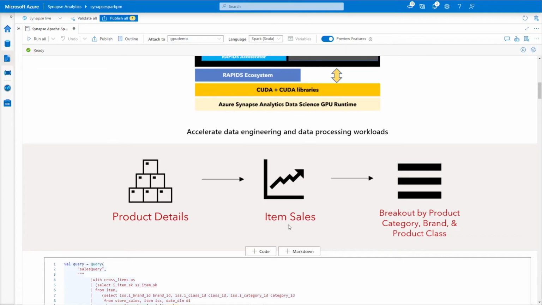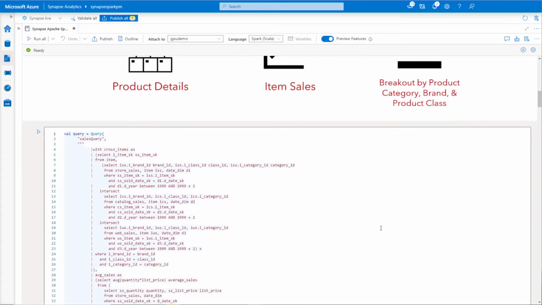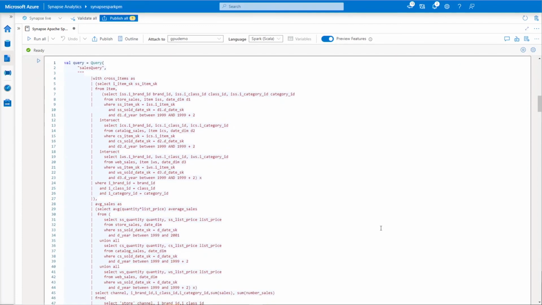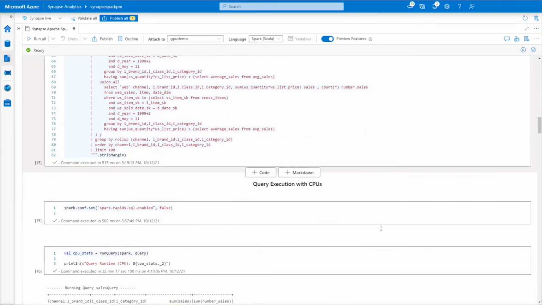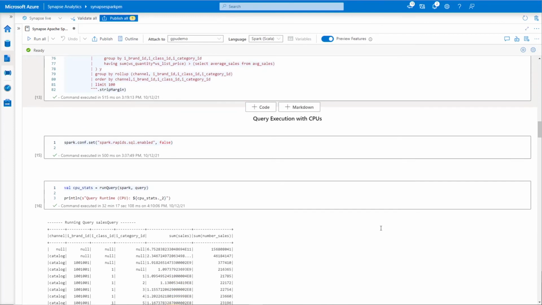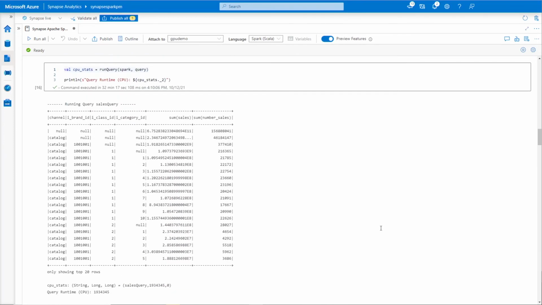Now, the goal of this query is to ultimately be used to serve a report that will surface the breakout of sales by product category, brand, and product class. As you can see, this is a complex query that requires aggregating information across multiple sources. When I execute this on a traditional CPU Spark cluster, we can see that this query takes approximately 32 minutes